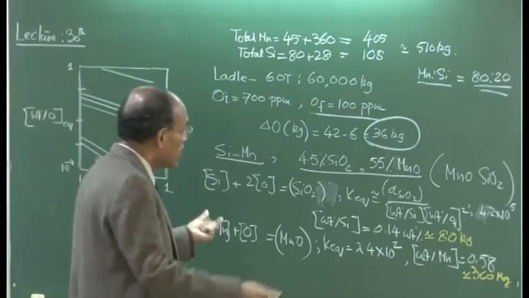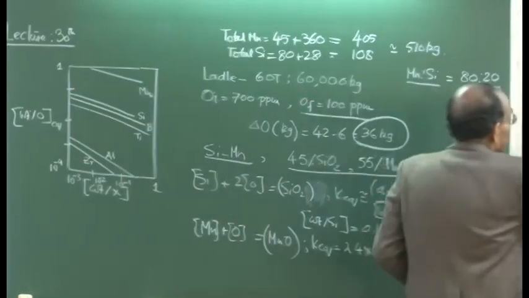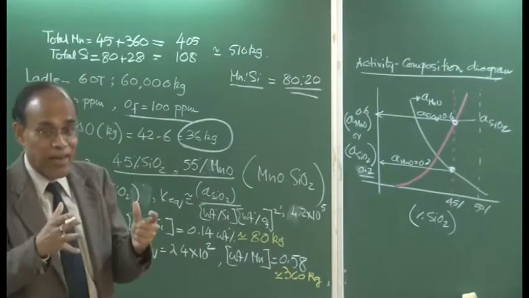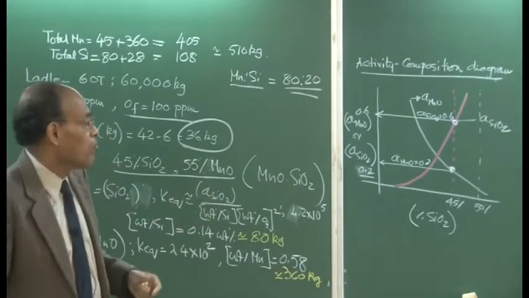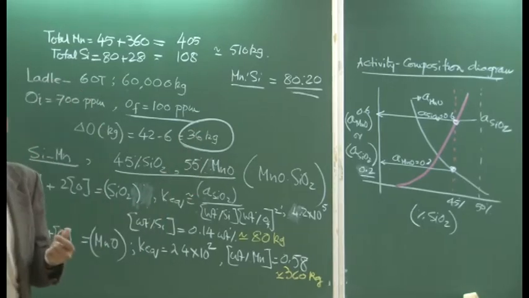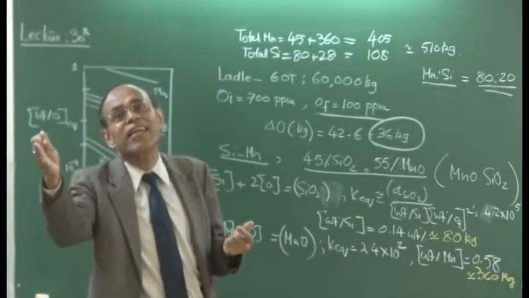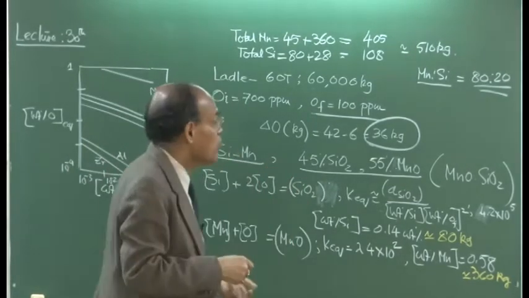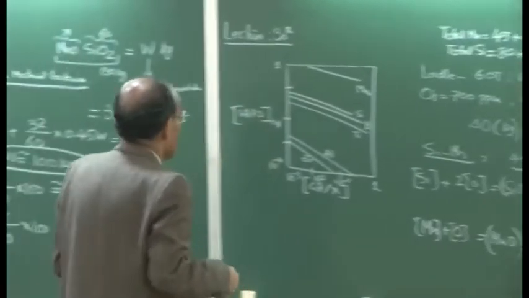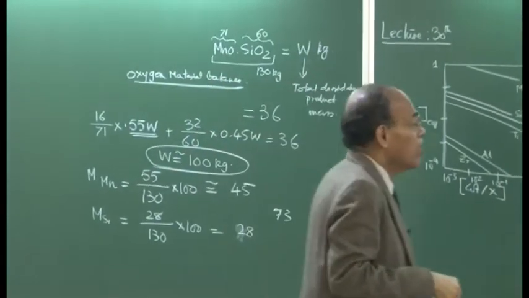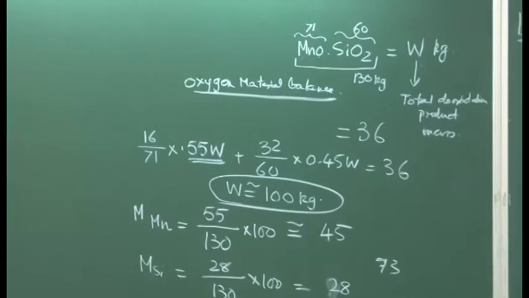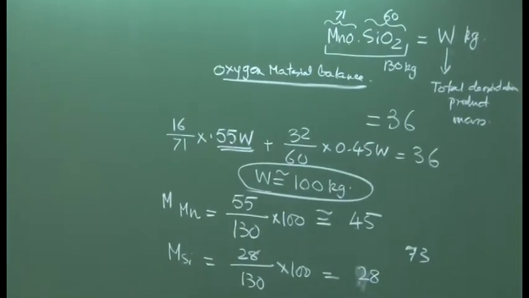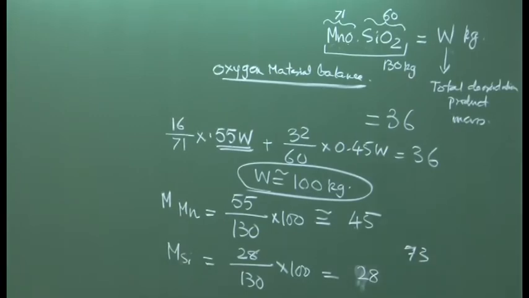And also you can incorporate this diagram, which I have taken at 1600 degree centigrade. You may require a more precise diagram or an interpolated diagram, because these values are mostly given at 1550, 1600 and 1650 degree centigrade. If you have an intermediate temperature, then you will simply interpolate and find out the activities of the species concerned corresponding to their respective weight percentages. So, I think that is enough for